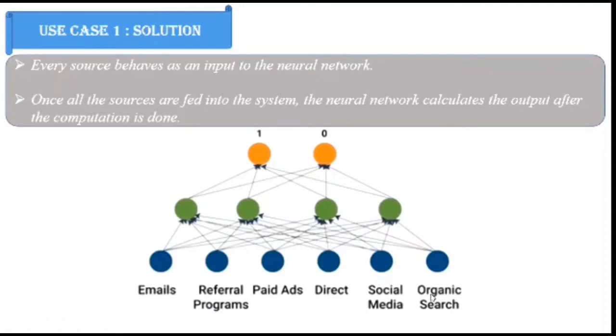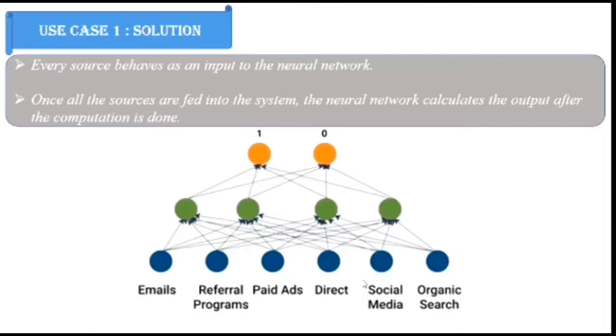So when all of these are combined, they will form our inputs, and these inputs are sent to the hidden layer, and the links here are associated with certain weights, and those weights will be multiplied with the corresponding inputs, and we get the linear equation. And that particular linear equation is passed through an activation function which gives us a non-linear solution that is sent out through this output layer. So by the result we'll get to know which combination of these marketing platforms will be the best idea for us.